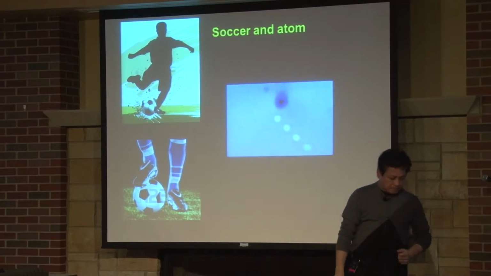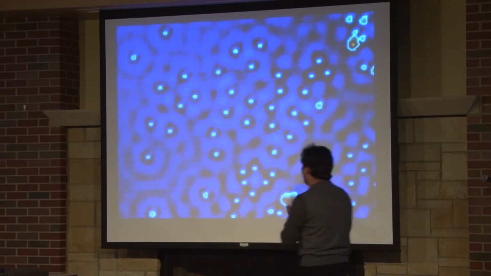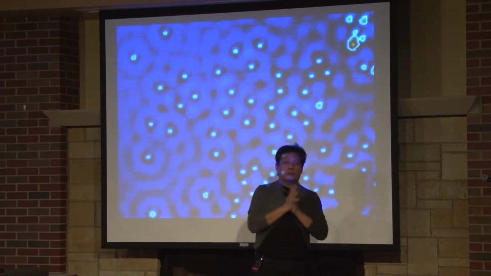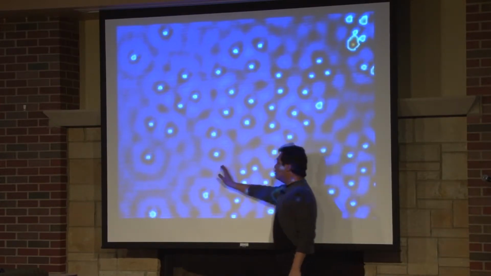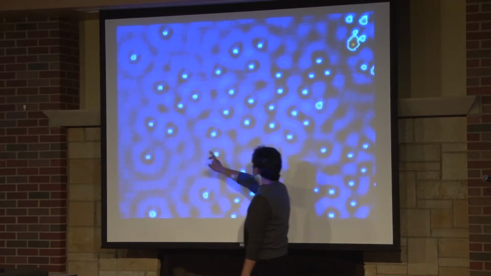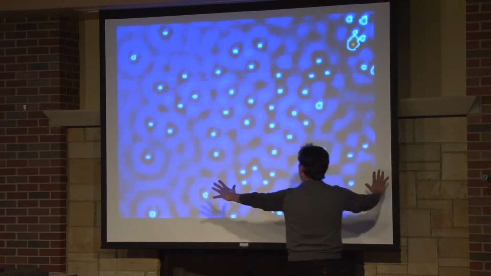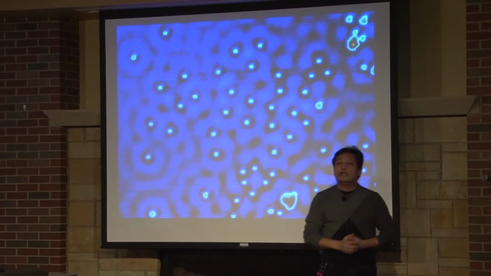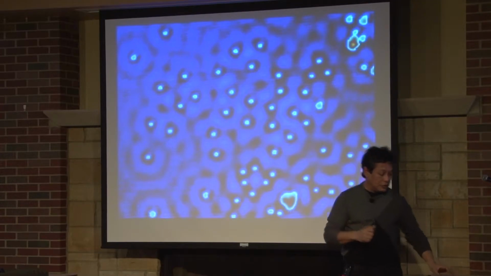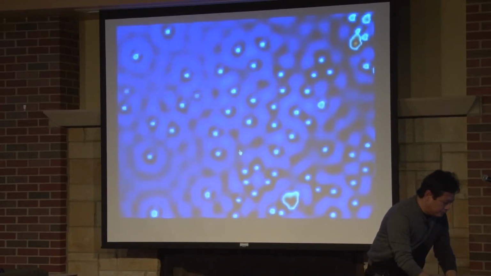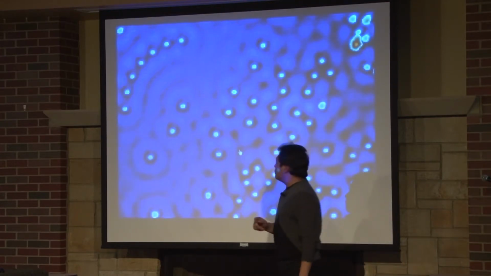Okay, so what do we do with this? The first thing, of course, being at Ohio University, is we want to write the OU logo. What you see here, little white dots are individual atoms. Each white dot is one atom made of silver. The background, the blue color, is also silver crystal. And you will see this is the real construction. It's not a cartoon, and so we move these atoms to write the letters O and U.